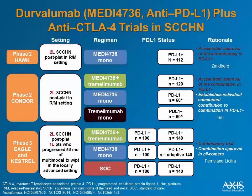Not only are anti-PD-1 therapies being used, but the ligand blockade is also being tested. Durvalumab is an anti-PD-L1 antibody, and it's being used as a monotherapy in the phase 2 HAWK trial or the phase 2 CONDOR trial. These trials have completed accrual, and combinations of durvalumab targeting PD-L1 with anti-CTLA-4 using tremelimumab are